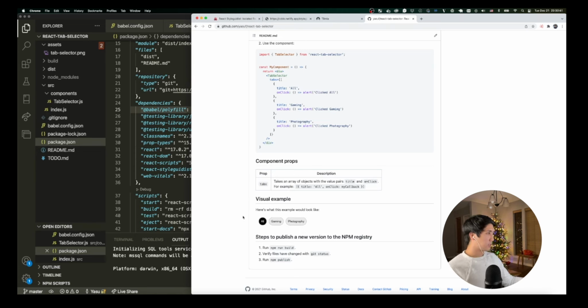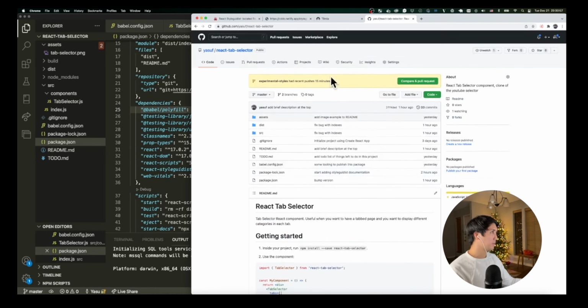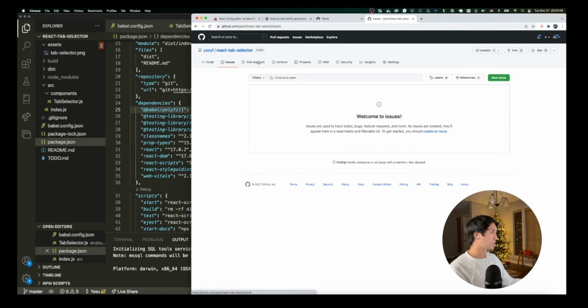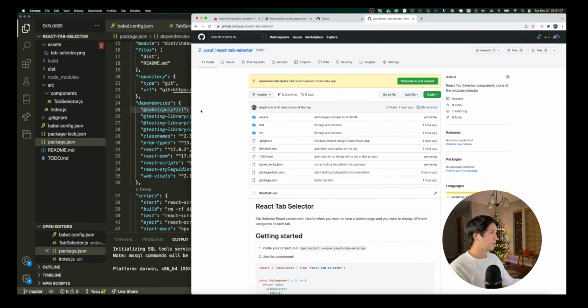Here's how it looks visually, and then this is documentation for me on how to publish this project to npm and update it, because I might forget in the future. So I just wrote this for myself. But if you guys want to contribute to this, feel free. I think that's also good. If you want to add it to your resume, feel free to contribute to this project. It's public. You don't have to create your own, but that's one option if you don't want to create something